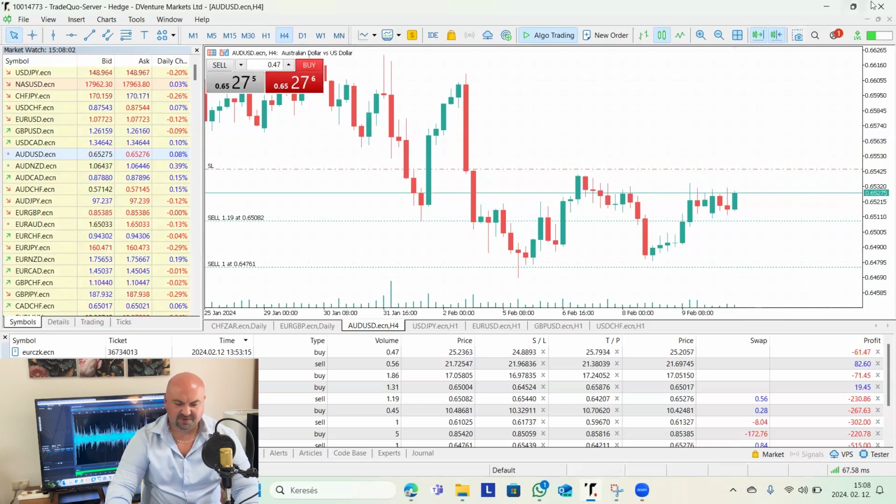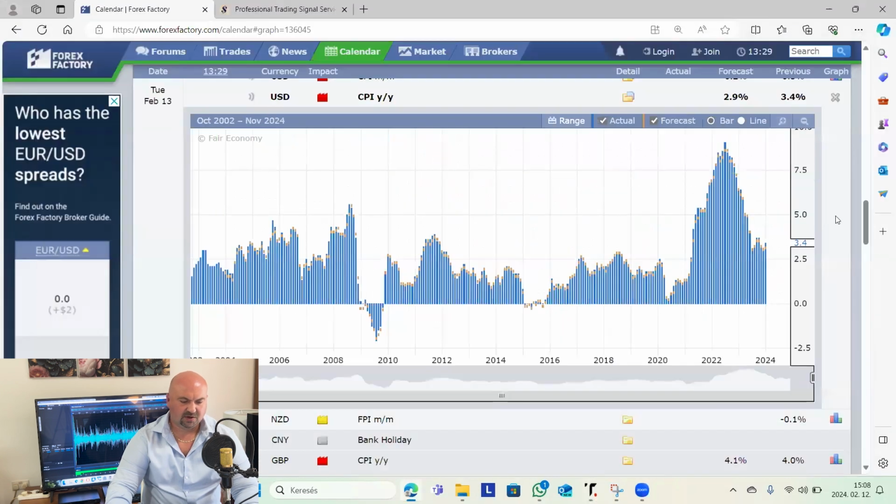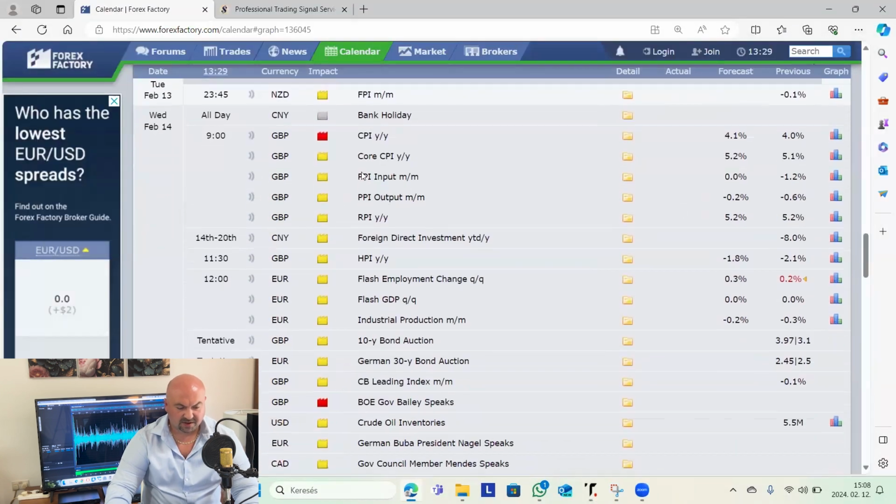Next one is the CPI data, so after the US, on Wednesday already, Wednesday morning at 9 o'clock Cyprus time. We're gonna have the CPI data from the United Kingdom. They're expecting a small increase, and it's a January data. I don't think it's possible. So I think it's gonna be lower than 4%, and we can see a dovish